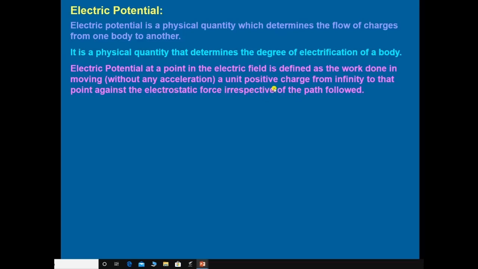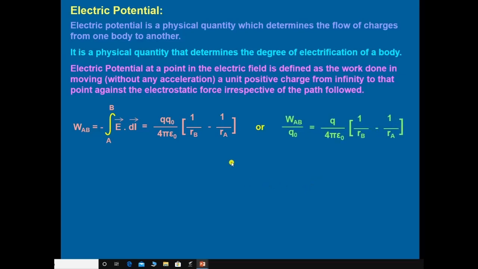work done in moving a unit positive test charge from infinity to that point against the electrostatic force irrespective of the path followed. What did we say here? We said that electric potential is defined as work done in moving a unit positive charge from infinity to that point against the electrostatic force irrespective of the path followed. Now look here, work done, represented by WAB, the line integral of electric field between A and